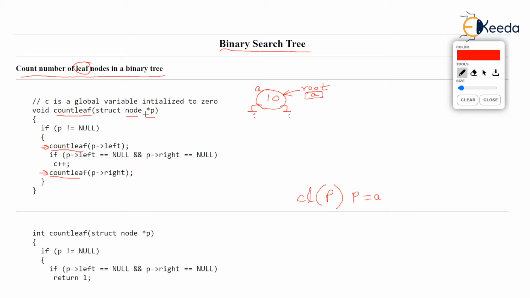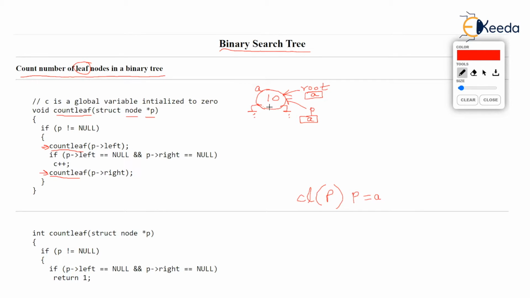So we have got a new pointer p as the function starts. P is now pointing to the node 10. That is, p is literally storing the value of root. Now if you start this function count leaf, the code you already know how to read it. We have gone through the in-order function video in the earlier lecture. P is not equal to null is true, because you can observe that p is pointing to the address a.